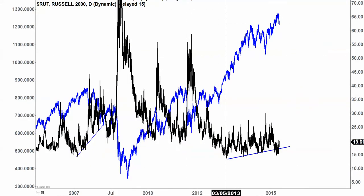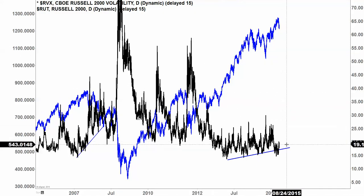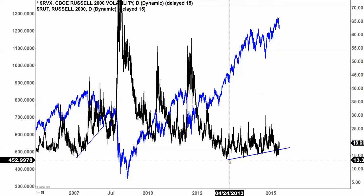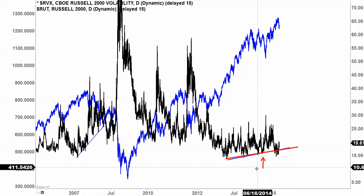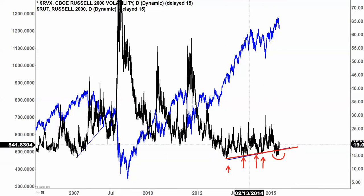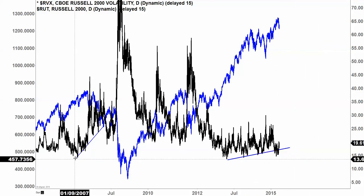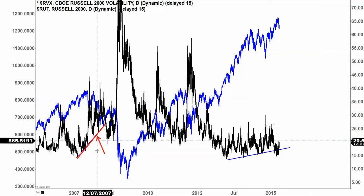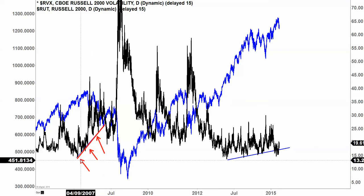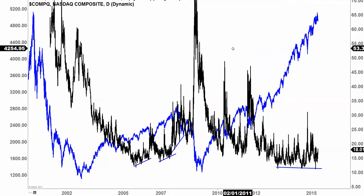Let's go to the Russell 2000 volatility index versus the Russell 2000. Well, you can see that we were cultivating higher lows here, and then we made a new low. So you can see this is no concern on the Russell 2000. Back in 2007, look at these higher lows on the Russell 2000 volatility index. And obviously, that was endorsing what was happening on the VIX and S&P 500, right? Let's go to